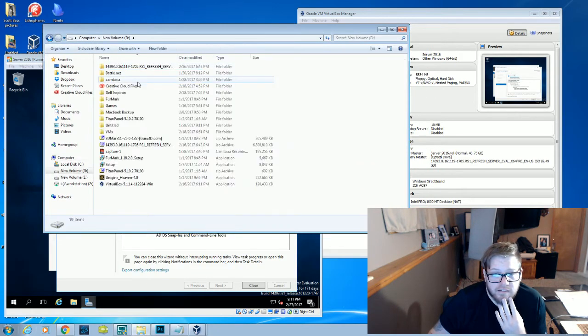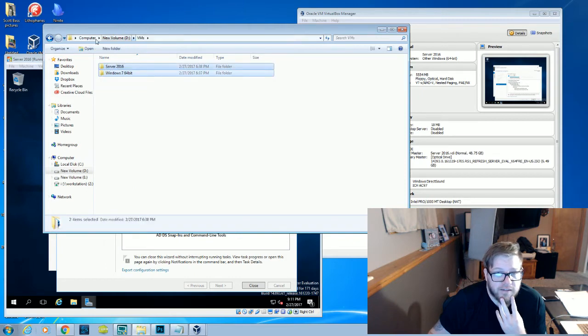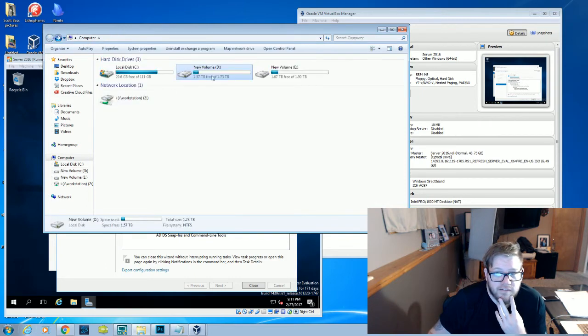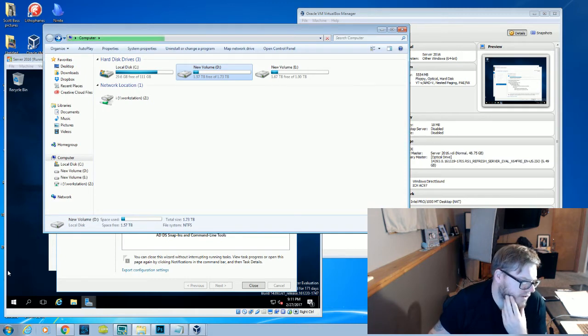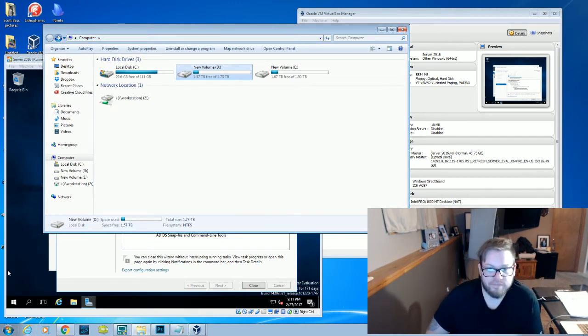It's on this one right here. These are where all my VMs are. You might have issues running it from an external hard drive just due to the USB configuration. You should be able to do it. I think there's a setting that you have to click in VirtualBox to get it to run right though.